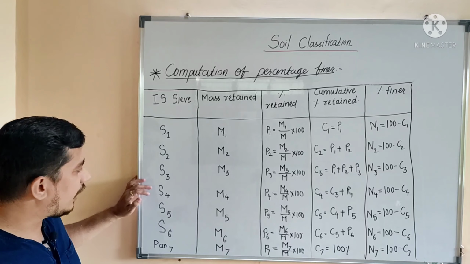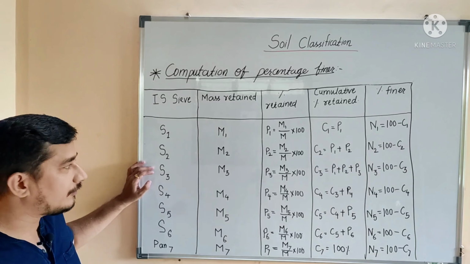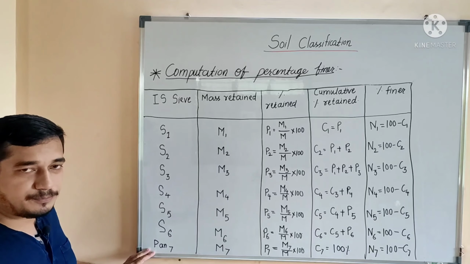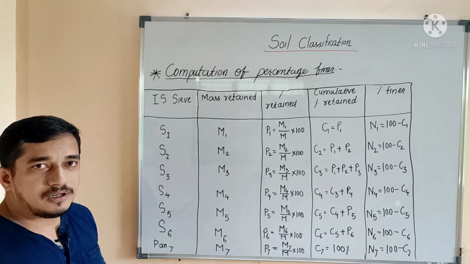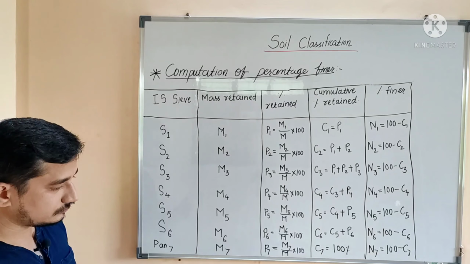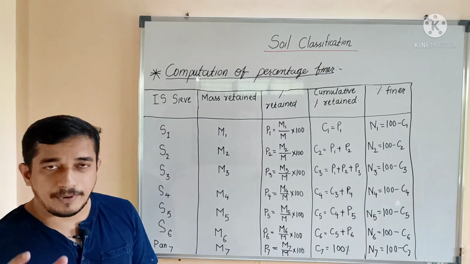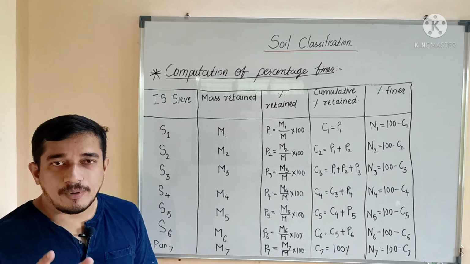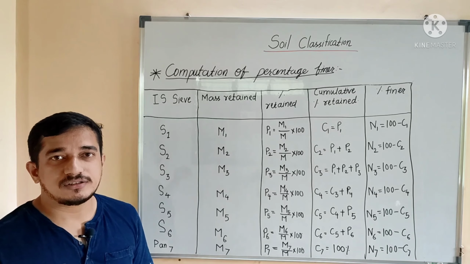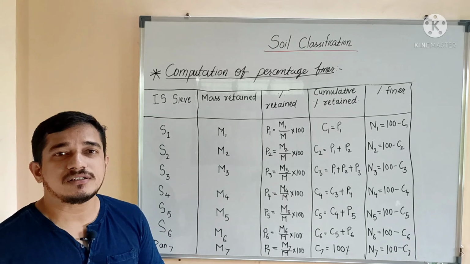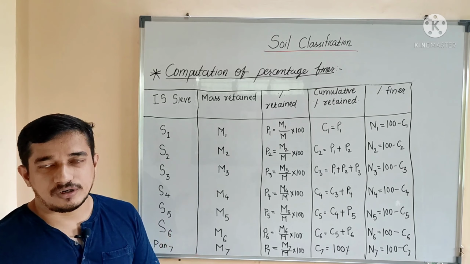So S4 will be having size smaller than S3, like that. So in total there are 6 sieves and last is a pan. Okay, the pan will collect soil passing through this sieve 6. As I have told you, depending on the largest size particle that is present within the soil sample, we will decide the total quantity that is taken for this sieve analysis. Okay, suppose we have taken this M as a total soil mass.